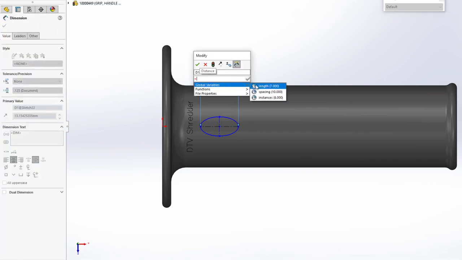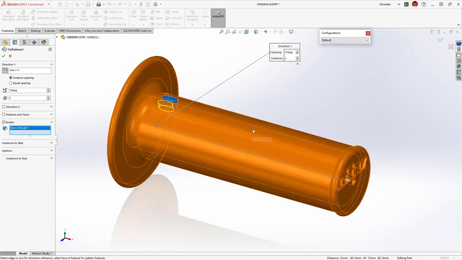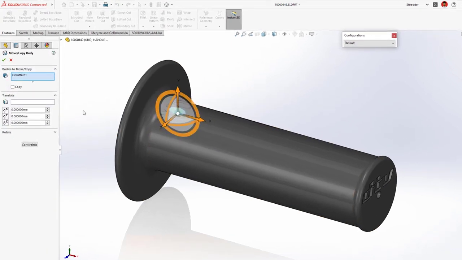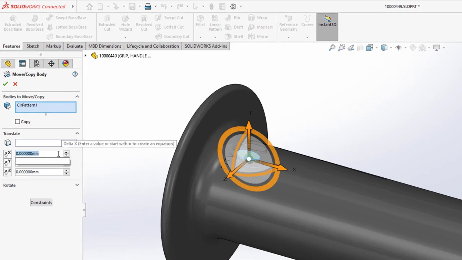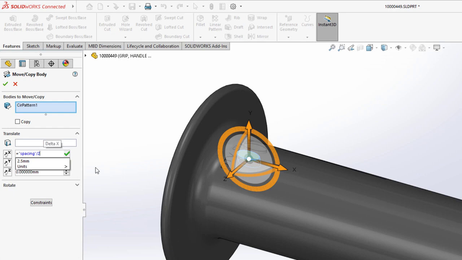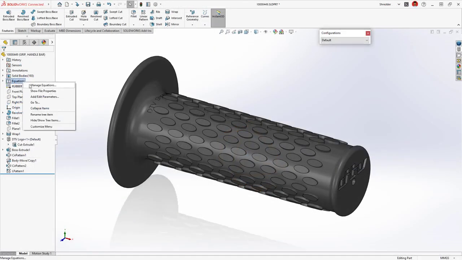Creating an offset body is easy in SolidWorks, but how far along the handle should we place it? Since we're creating a pattern of these bodies, it would be best to define the parameter based on a global variable that also defines the spacing of the instances. In SolidWorks 2023, the Move Copy Bodies command can now define translation and rotation of bodies with equations, even on